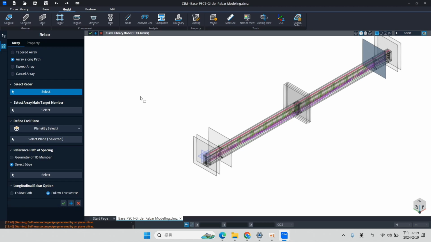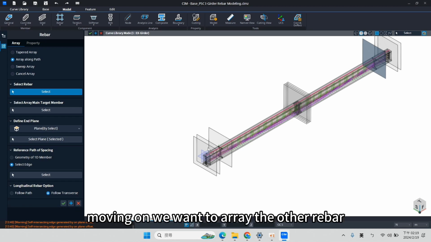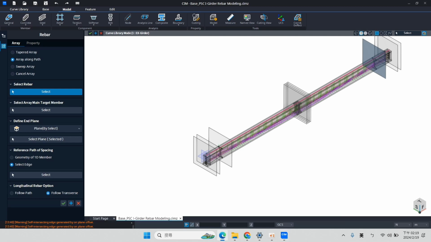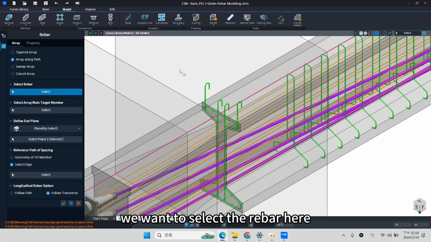Okay, and moving on, we want to array the other rebar. We want to array rebar number 4-1. We want to select the upper rebar here.